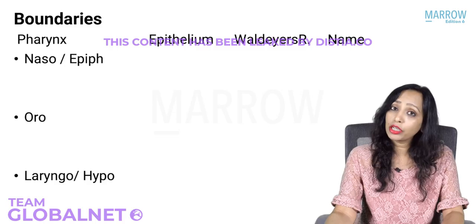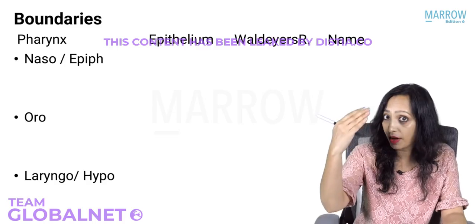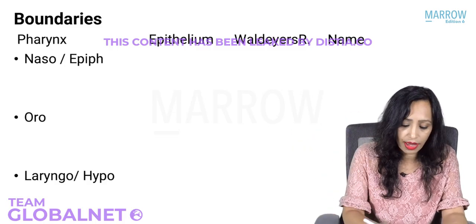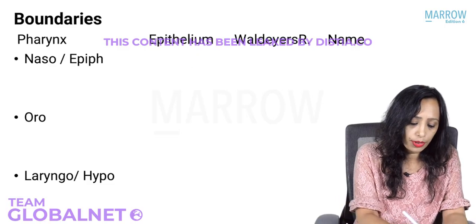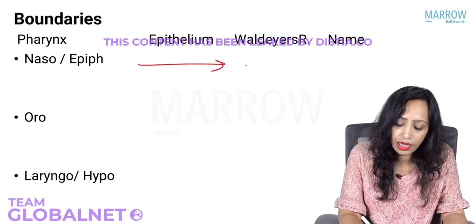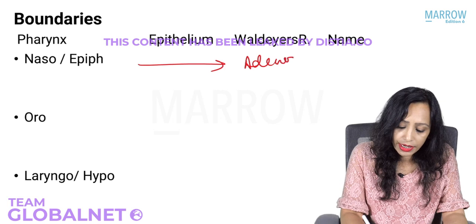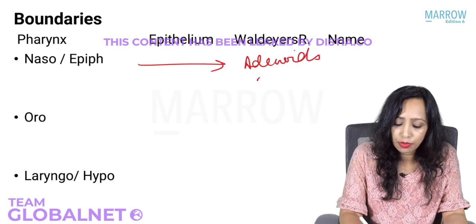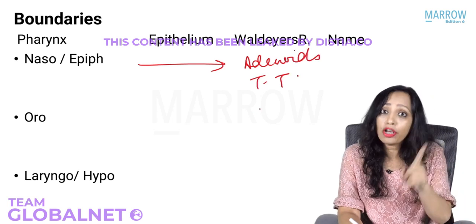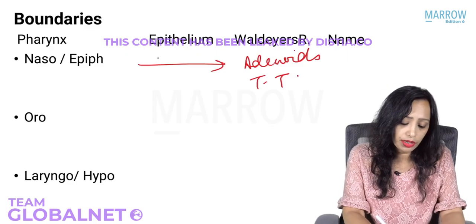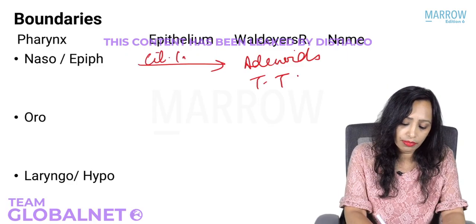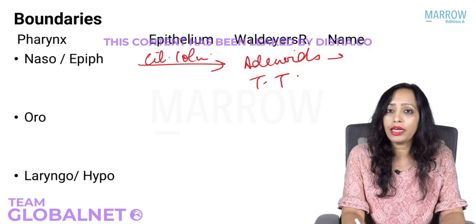So, the nasopharynx is also known as the epipharynx. It lies above the oropharynx. So here we have the components of Waldeyer's ring: the adenoids and the tubal tonsils. And very commonly asked, adenoid is lined by which epithelium? That is the ciliated columnar epithelium. The additional names you already know.